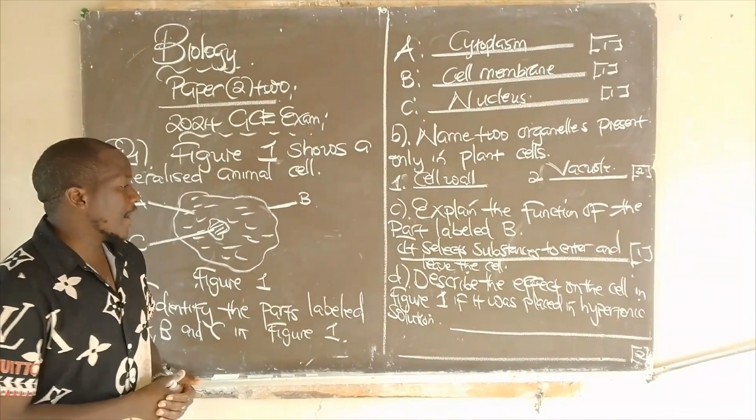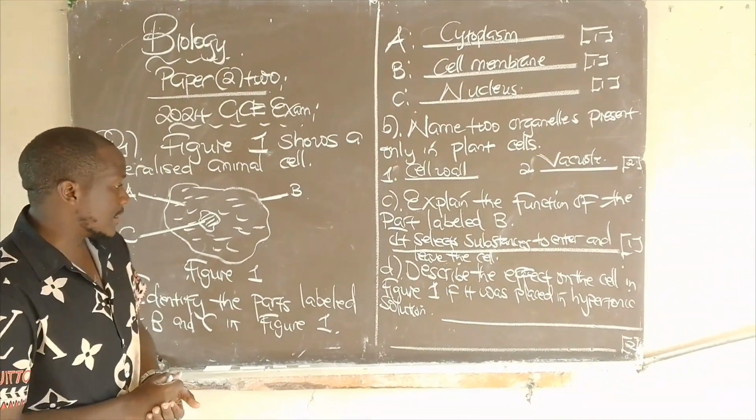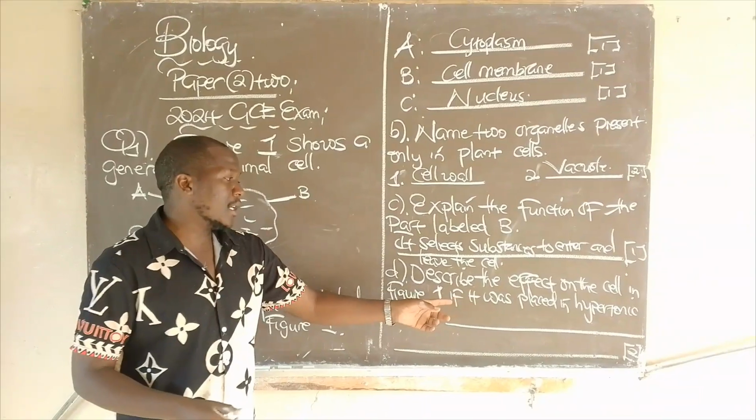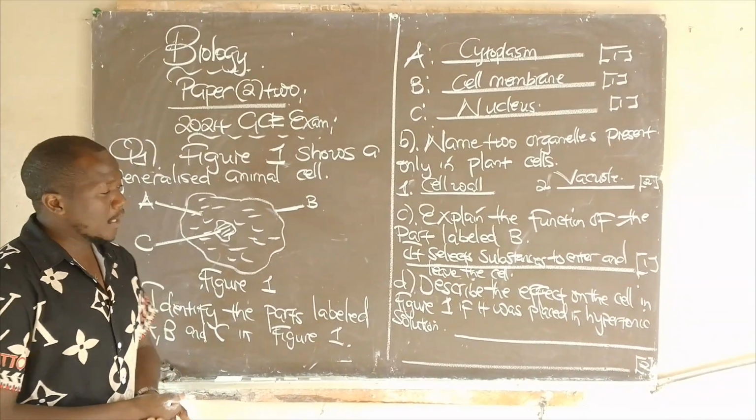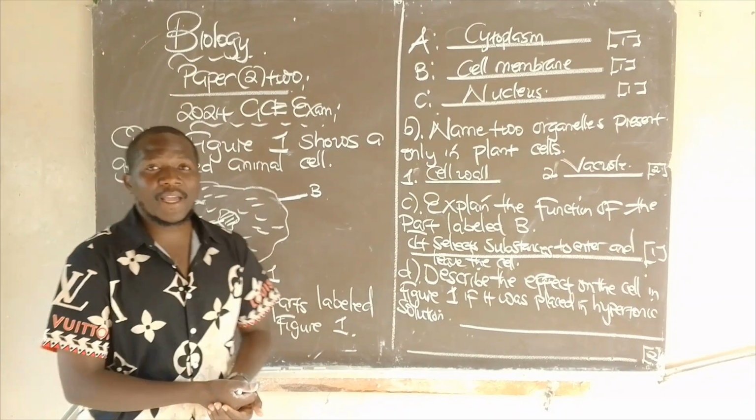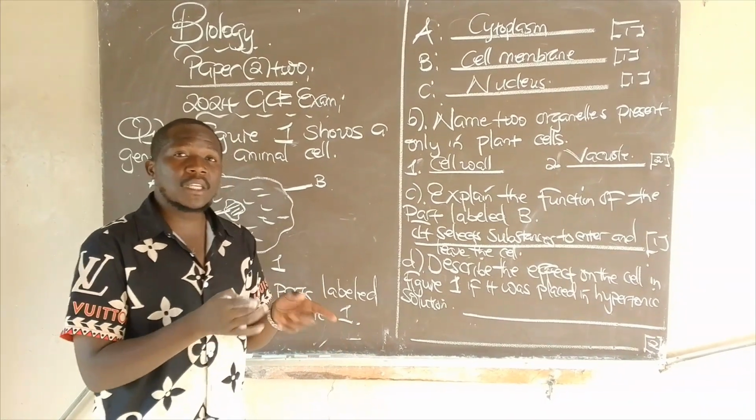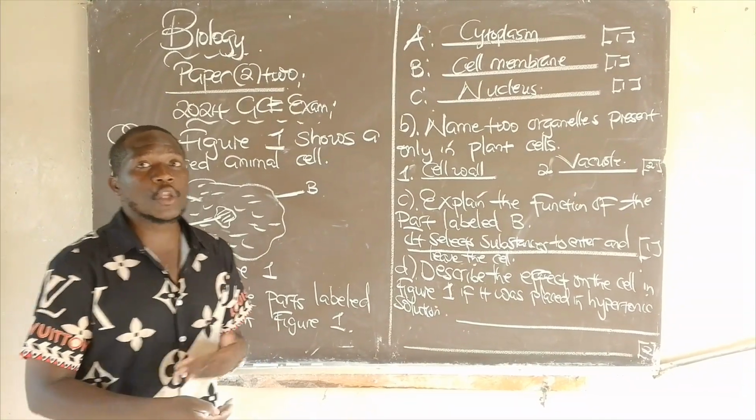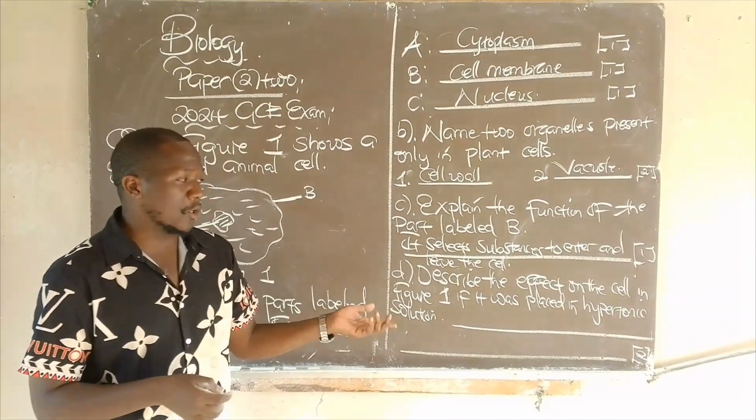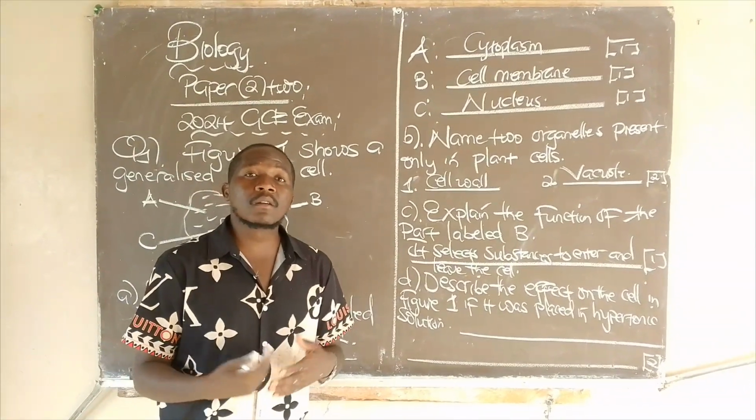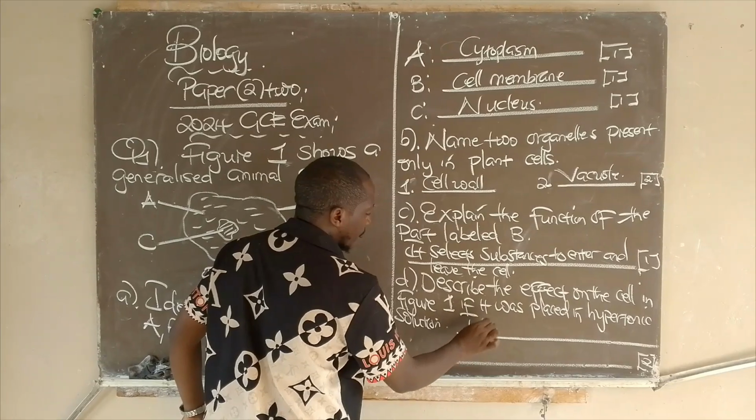D. Describe the effect on the cell in figure 1 if it was placed in hypertonic solution. When placed in hypertonic solution, we are going to find that the water would move out of the cell, causing it to shrink, which means it's going to undergo cell crenation. And as a result, the cell is also going to reduce in size. So we're going to say